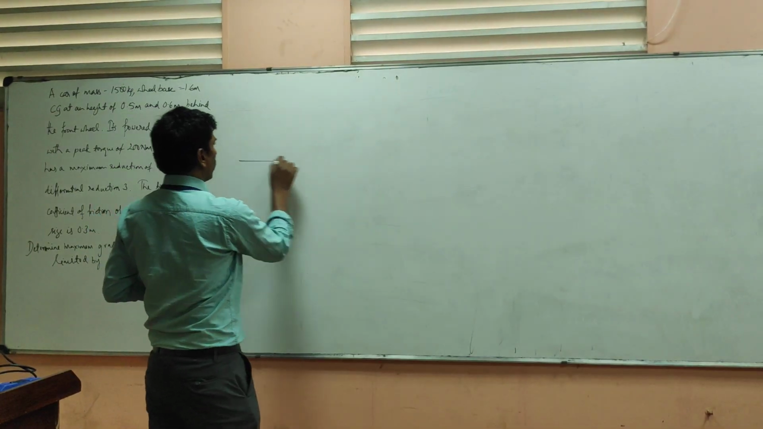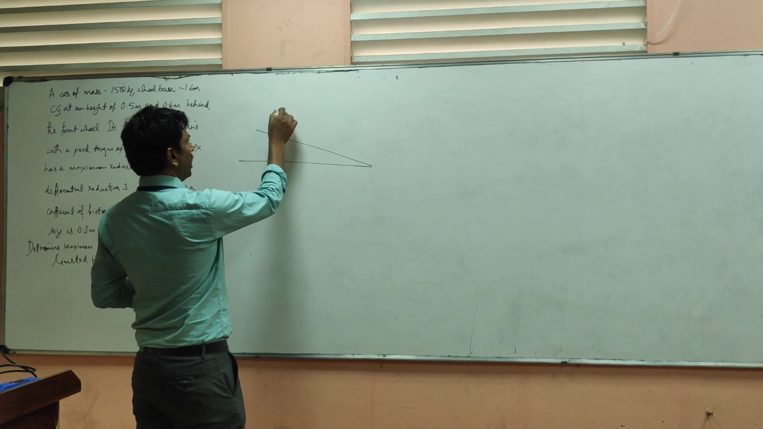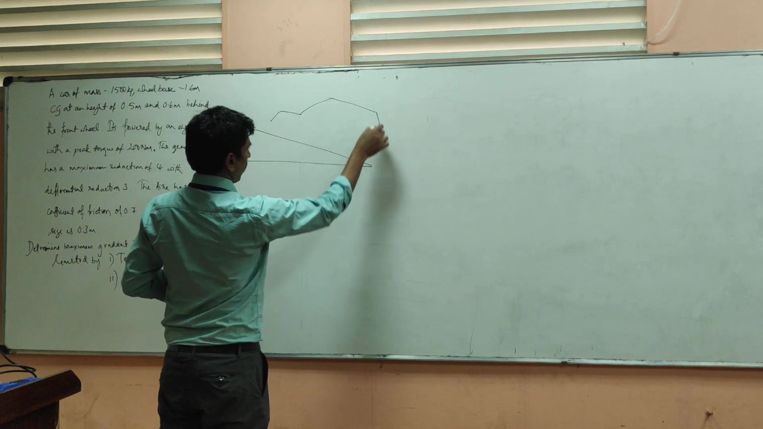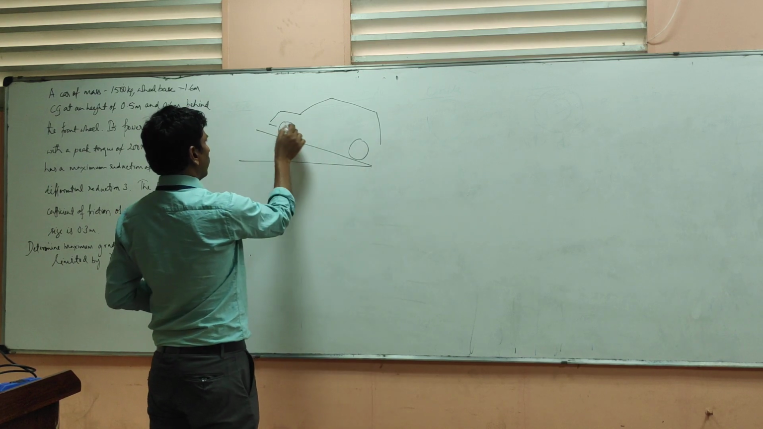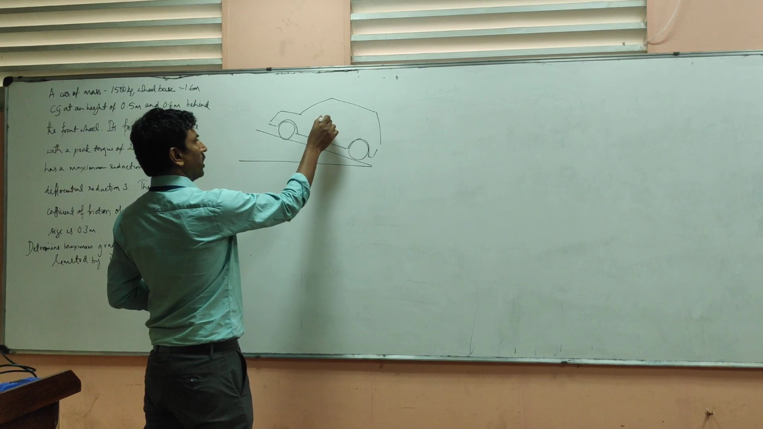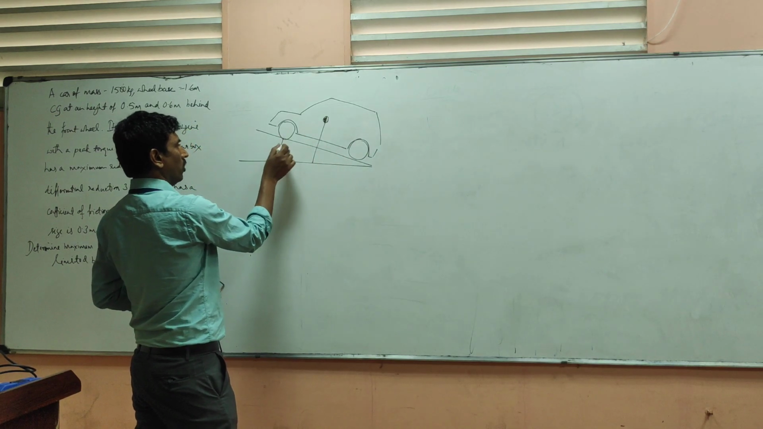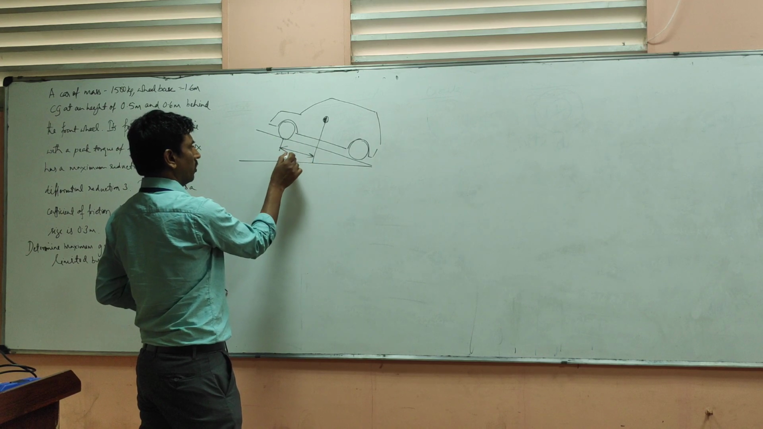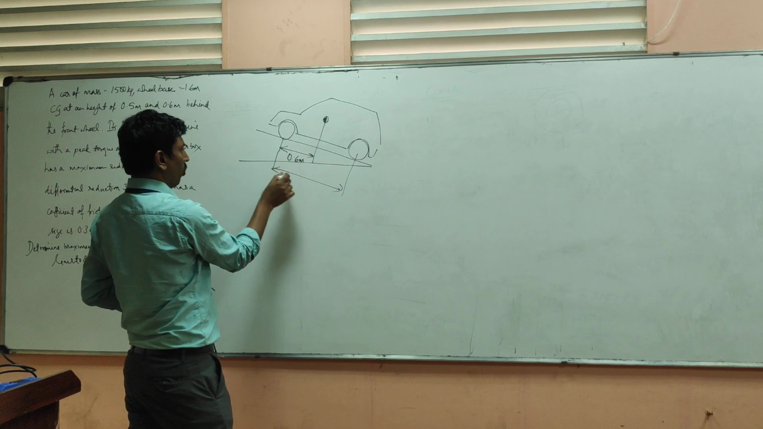So here I'm going to draw that. I'm trying to keep this on an incline. So this is a car, and this is 1500. Let us have the CG of the car somewhere here. The CG is 0.6 meter behind the front wheel, and the total wheelbase which is mentioned in the problem is